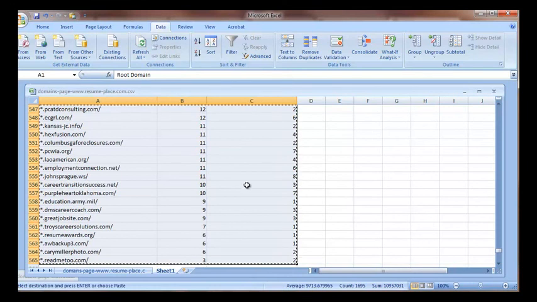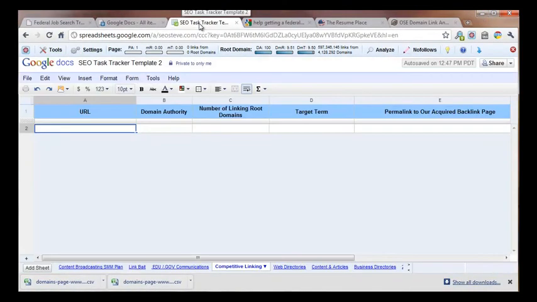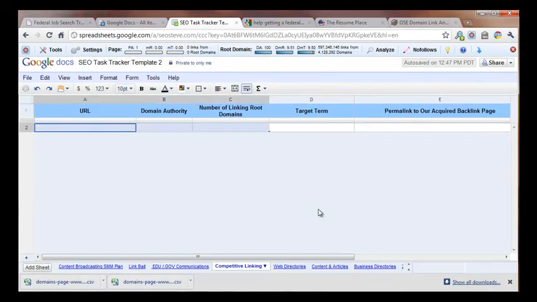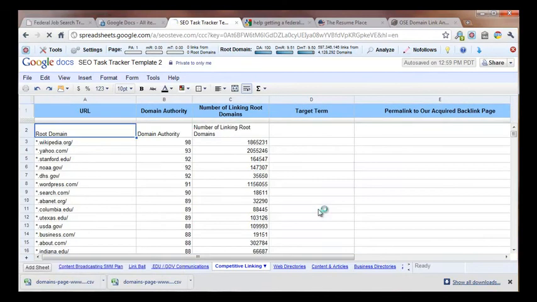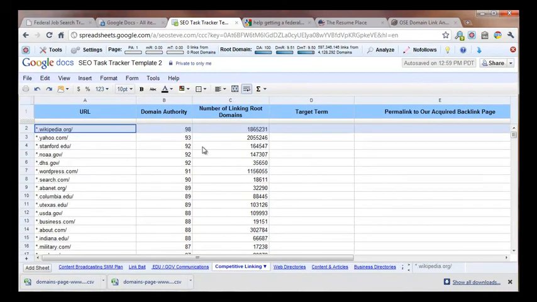Now how do we share this with somebody doing our link building for us, or somebody who's on our team who's going to be doing this? Well, I use Google Docs. So I'm going to go into Google Docs, and there's something I call an SEO task tracker. And I'm just going to paste this information right in. Now, as you can see, I can get rid of this extra row that I don't need. I have the ability to not only have a list of links where my competitors have them,